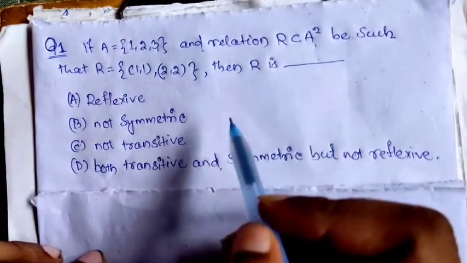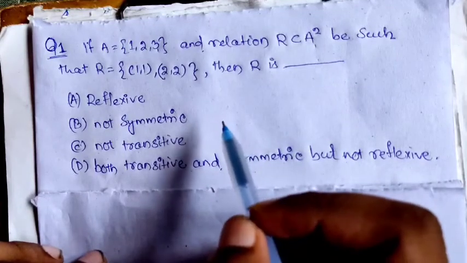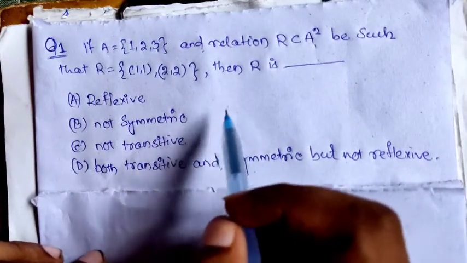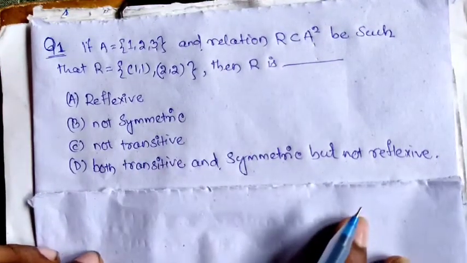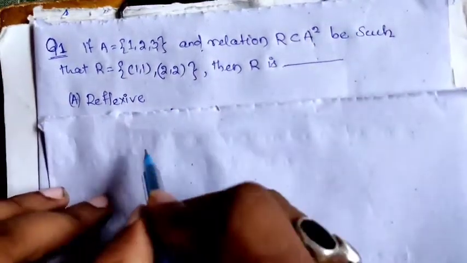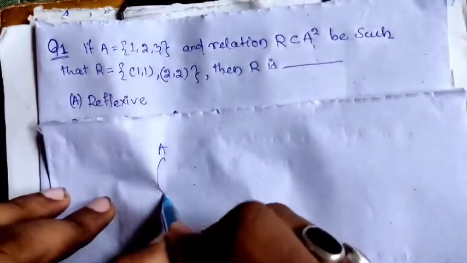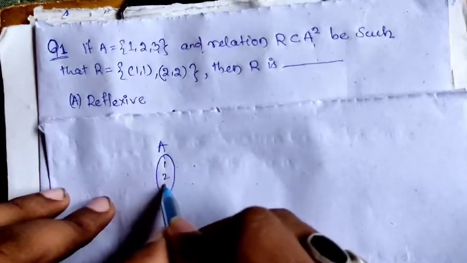Okay, so here we draw the graph of A cross A, meaning A having elements 1, 2, 3,